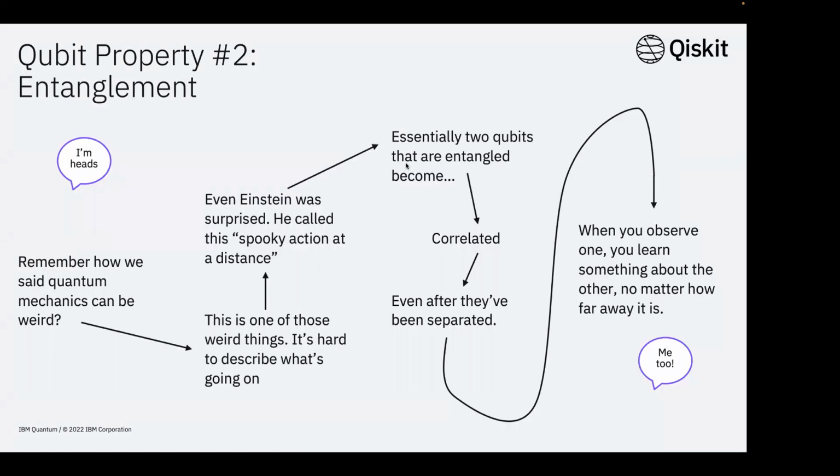So let's talk about the second property, which is called entanglement. Remember how we said quantum mechanics can be weird in my previous slide, right? Even Einstein was surprised by this. He called this spooky action at a distance. This is one of the weird things, and it is hard to describe what's going on, but